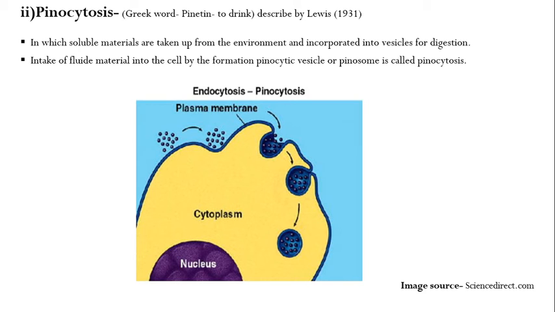First is the liquid material at the cell surface, that is the plasma membrane, which then engulfs it and forms primary vesicles and secondary vesicles. Fluid in contact with the plasma membrane moves through the narrow channels, formed temporarily as a deep invagination into the cell interior. From the tip of these channels, small vesicles containing fluid droplets are budded off, which empty their content into the cytoplasm. The vesicles are called pinosomes.